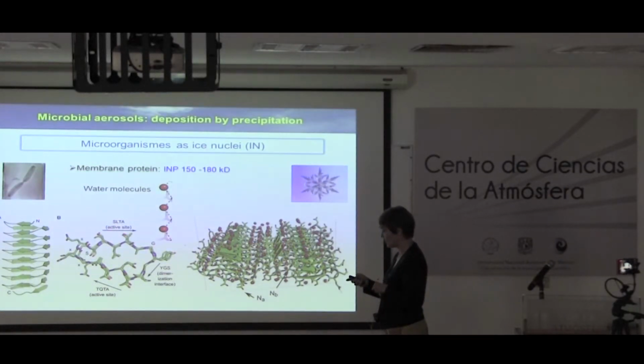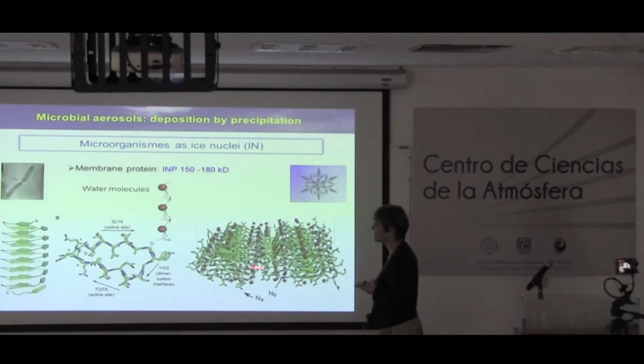In a few nanoseconds, all the molecules of water, which are these red dots here, align along these molecules, because there are some specific sites which are organized in such a way that the structure, the legs here, if you look at the atoms, are exactly the same as what is in a crystal molecule. So it's a perfect template to induce the crystallization. This is why it is so efficient, much more efficient than a dust, for instance. Okay, so when you have this structure, they can produce this ice very, very quickly at the surface of the